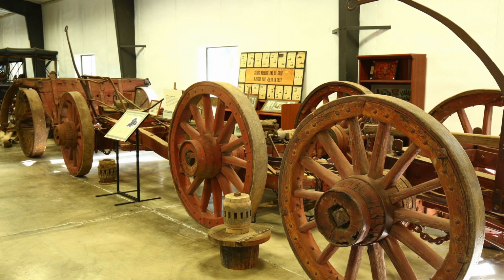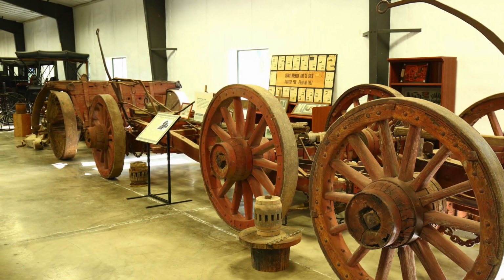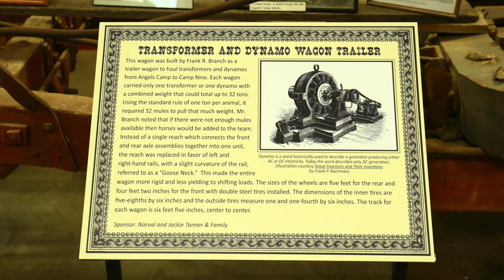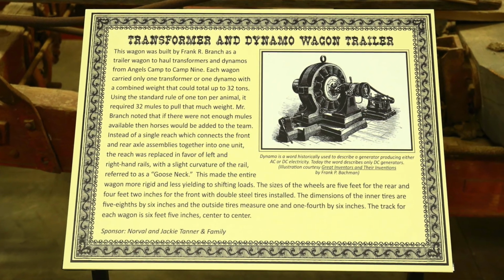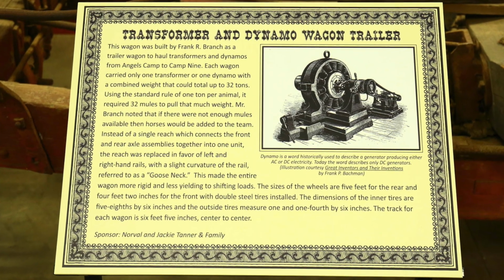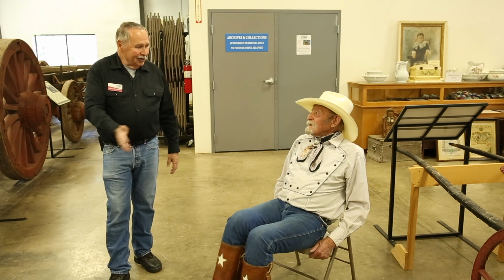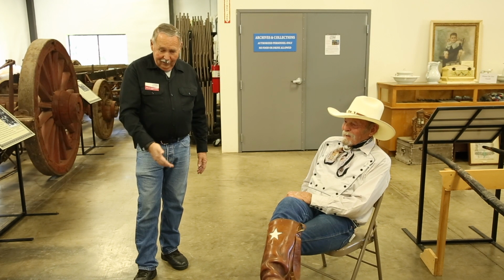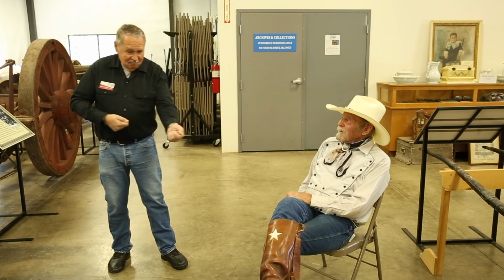And I say, okay, so if one of these animals gets sick on you or dies, you have a serious problem because you have to replace that animal with one that's got the same skills. And they go, oh, really? And then you talk about the two up front, supposedly the most intelligent, G and Haw. And then you have to talk about the wheelers. And then you got these guys in the middle here, and you call them swings, right? Yep. So I say, okay, well, you're pulling on a chain,